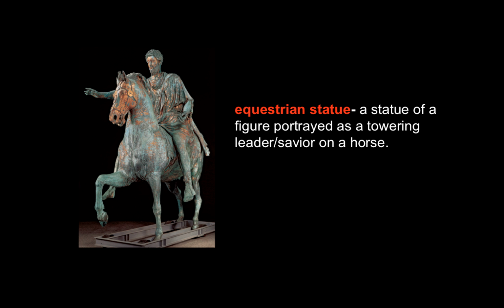What we see here is Marcus Aurelius, this equestrian statue dating to approximately 176 Common Era. It's bronze, it was originally gilded, and it's over 11 feet high. Just to show from your vocabulary list, an equestrian statue is a statue of a figure portrayed as a towering leader or savior, on horseback. And this chapter discusses imperial statuary, and